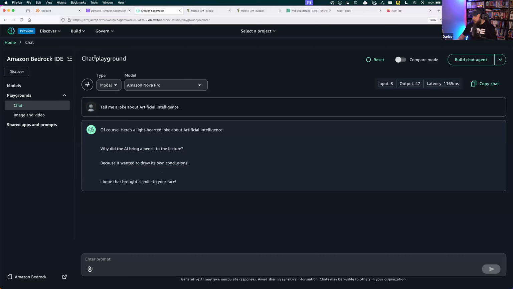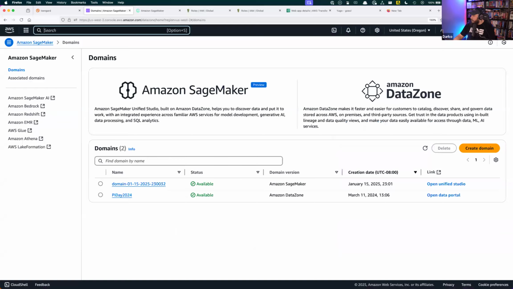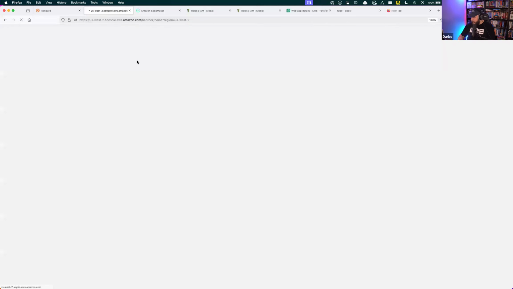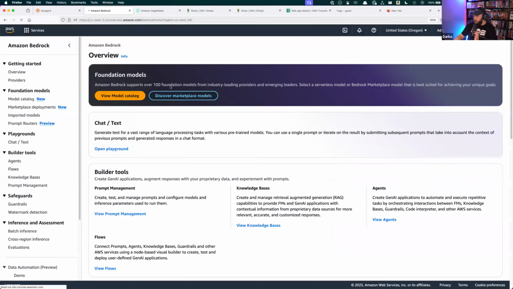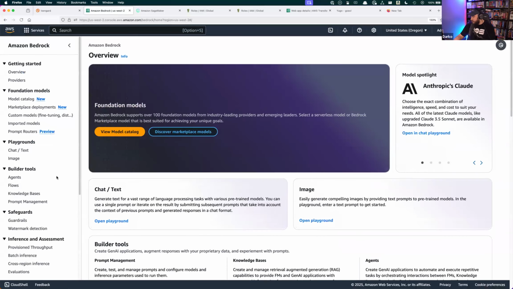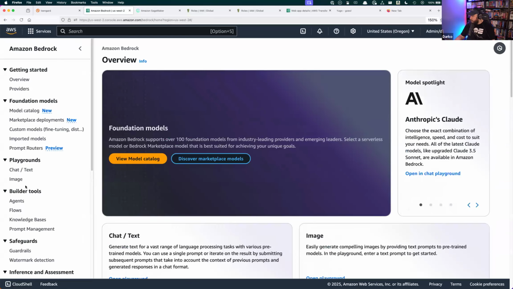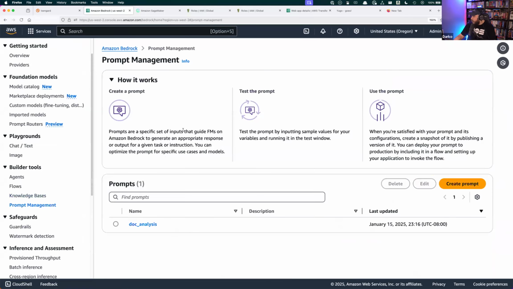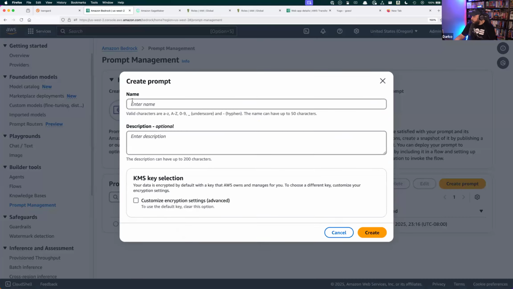I'm going to go here and we're going to go into Amazon Bedrock. I will say Bedrock is becoming my favorite service. In Bedrock prompt management, you can actually create prompts. So if I go ahead and create a prompt, I'm going to call it speech analysis.